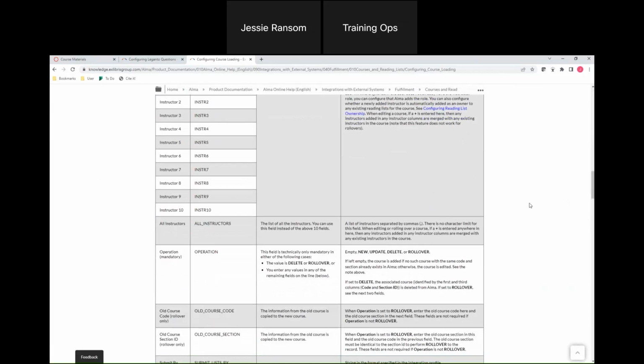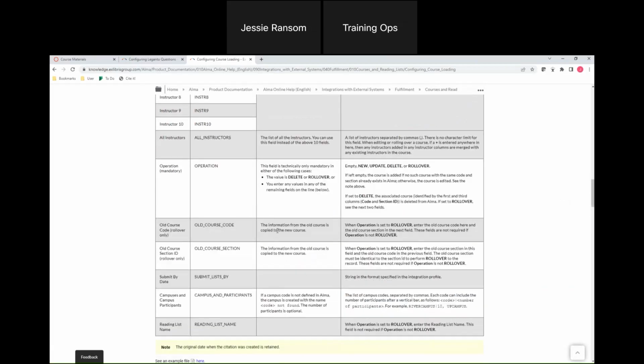The rollover process, that's all the course loader does, by the way, it just loads these Alma course records into Alma. The rollover process uses the same job. So the file has some additional columns at the end. I think these are the two that I showed in that screenshot, the operation and the old course code.